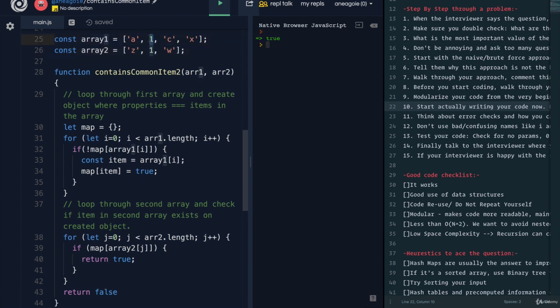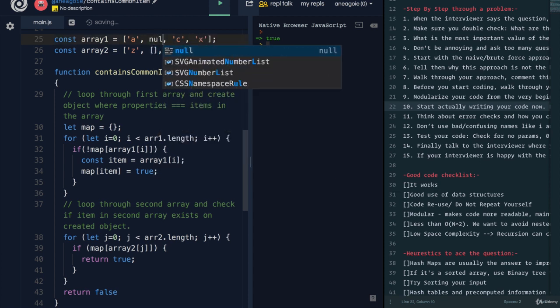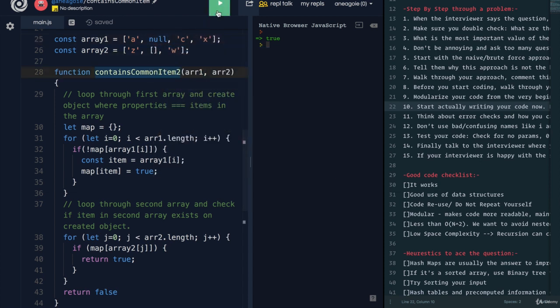What if I do an empty array here? Okay, I get false. What if I do another array here? Okay, I get true. What if I do null here in JavaScript, which is a little tricky? Okay, I get false. What if I do null? I get true. Okay, that works. If we go back to what we had before,